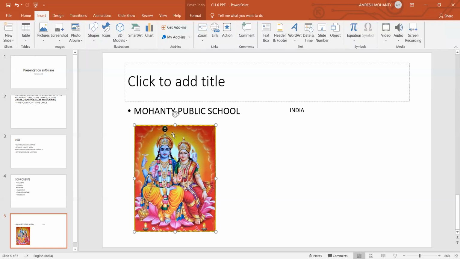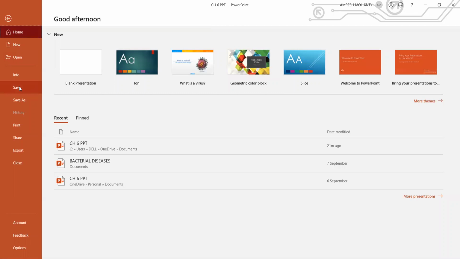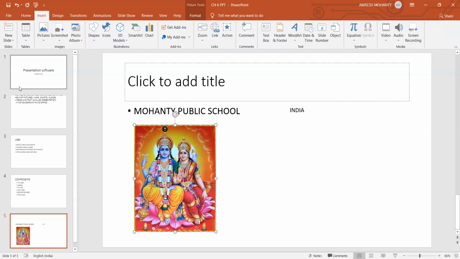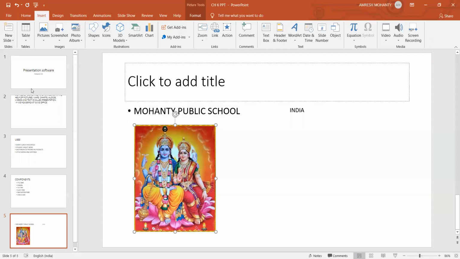Then how to save a presentation? Suppose you have to go to the File menu and you have to click on Save or Save As. You click on Save and thus it is saved. The presentation is saved. Okay. Or you can click on the menu also and the presentation is